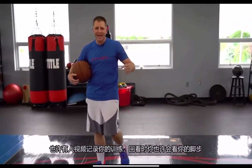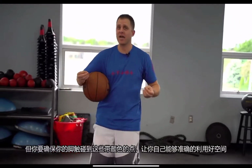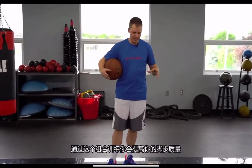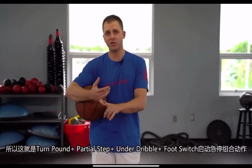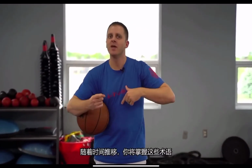Now when you look back at this, maybe you have someone record you, maybe you're looking at your feet, but you want to make sure that you're actually hitting those colors and that you're holding yourself accountable to that space, so you know the quality of your feet, the quality of your footwork with this type of combination. So that's your turn pound with your partial step, under dribble, right into your foot switch, and then you explode into a speed stop. Over time, you'll start learning those